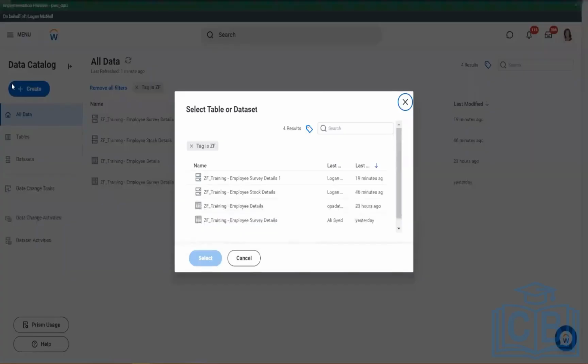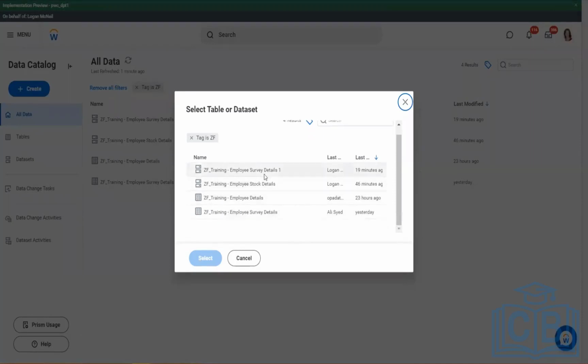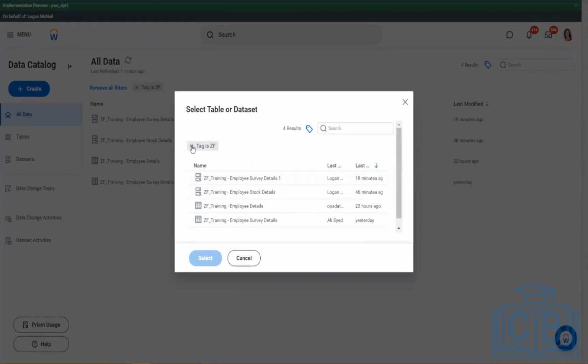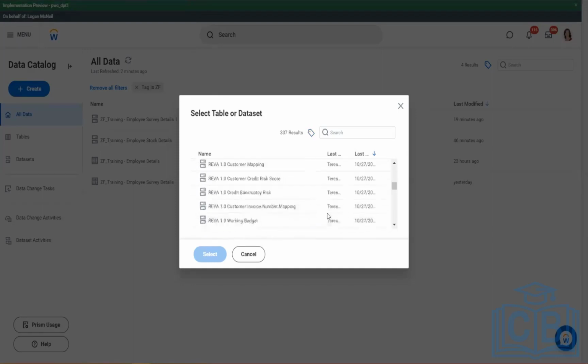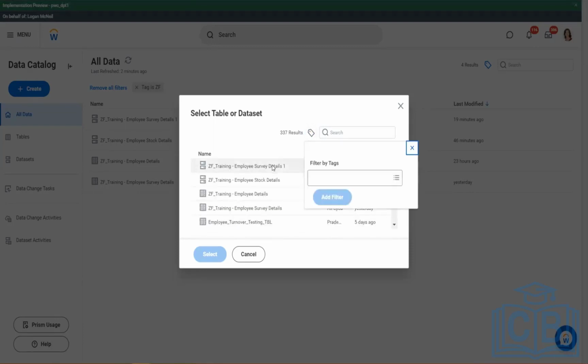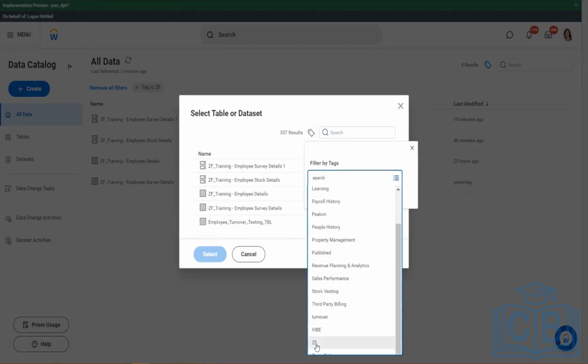So when I select the option create and then derived data set, it is giving me a list of all existing tables and base data sets. Now, why is it giving me only my ZF training? Because I have put a filter here. So if I remove the filter, I can create this derived data set from any of the existing data sets within my data catalog. Makes sense? Right. So I can remove this, and now if you see, it lists out everything. It lists out base data sets, derived data sets, everything. So for my use case, I only want